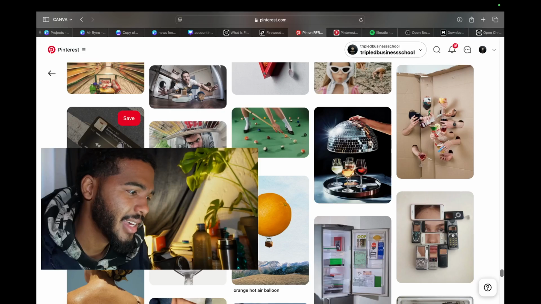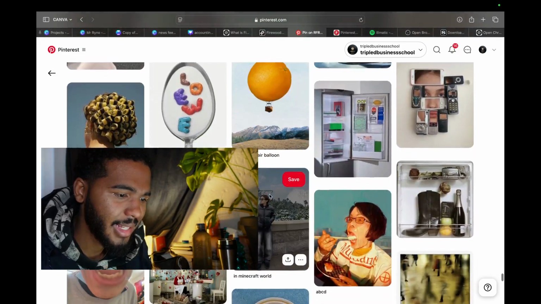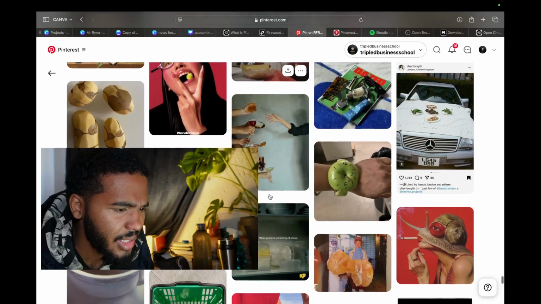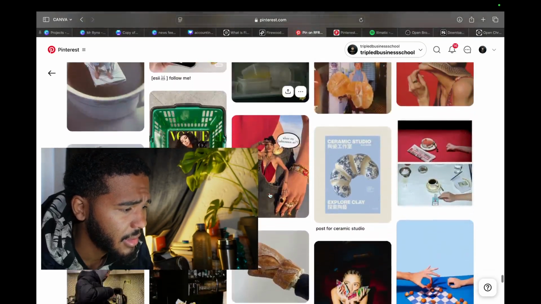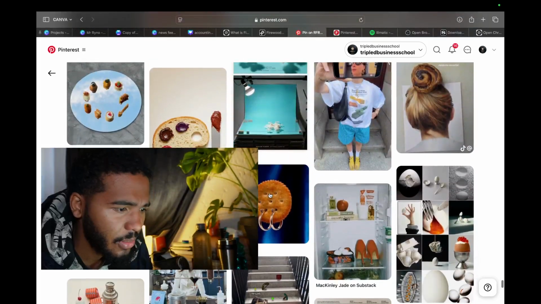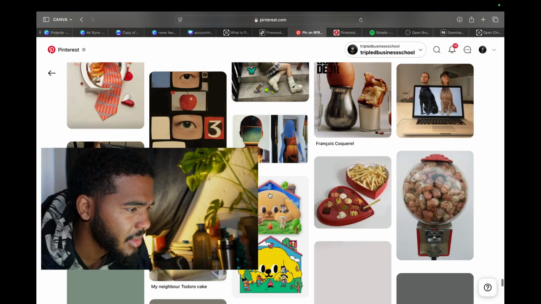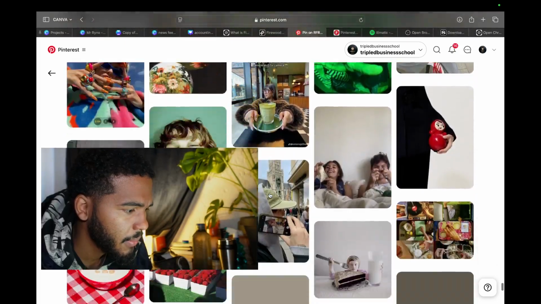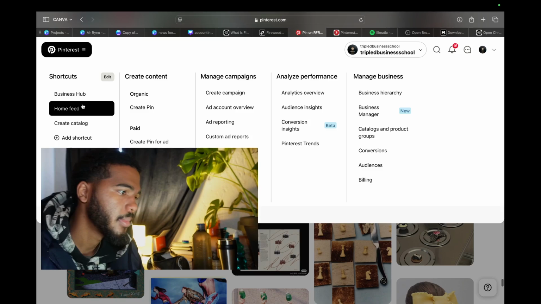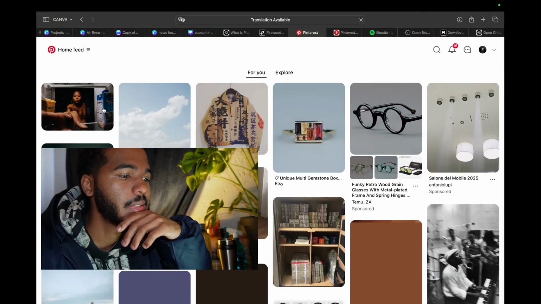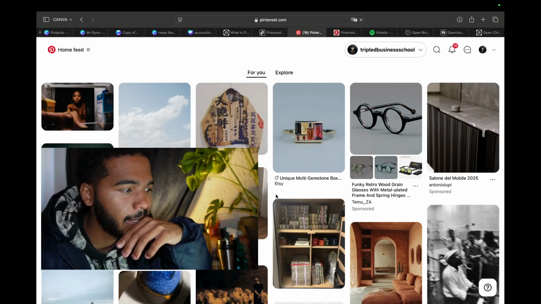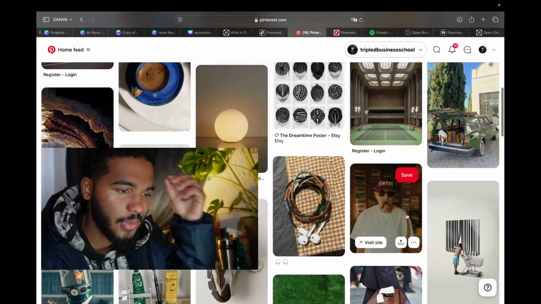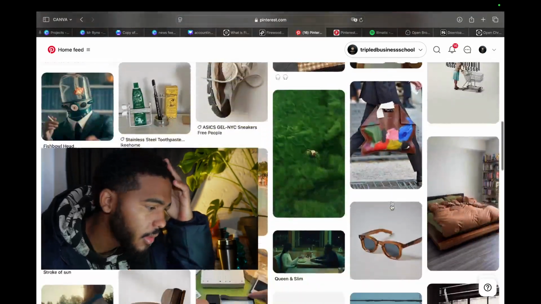Crazy, this guy. What was he thinking about when he made that? I'm learning how to take pictures and videos and all these things. It's harder than you think. Okay, we've run into some of the weirdest pictures. What is happening? Come on, man. Give me something to work with. But let's go back home. Home feed. Let's see what it does to me now. They still brought that lady there. Am I gonna use her? Nope. Old man. Look at this chilling old dude.